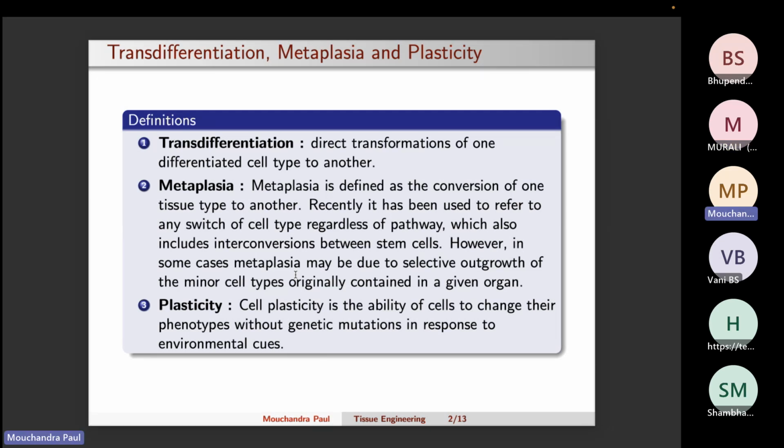So maybe we should look for more examples. Ma'am, one example. I heard, for example, if our skin is injured, our skin cells are an ectoderm derivative, right? While the dermis develops, the blood cells also need to develop, right? The blood cells are a mesoderm derivative. So the skin cells themselves will be changing into blood cells, blood vessel forming cells. That is what I have heard, ma'am. That's what I'm asking, ma'am.